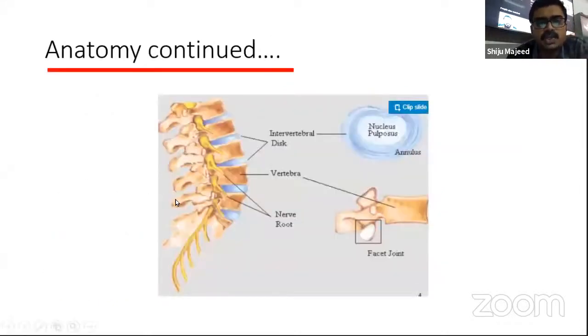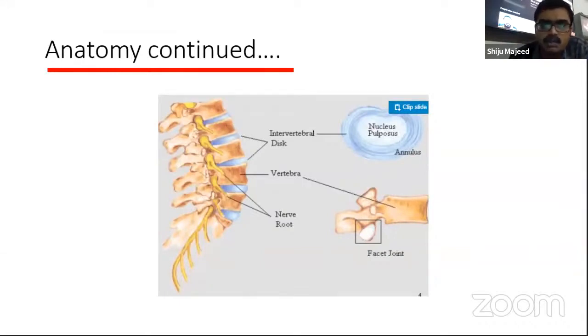Now, again, one more diagram to show. Each part is the vertebra, and in between the vertebrae there is a jelly-like material which is known as the intervertebral disc. What is the function of the intervertebral disc? It acts as a cushion or a shock absorber, because all the 33 vertebrae are in different states of motion when we walk around, when we sit, when we bend forward, when we flex, etc. You cannot have the vertebral bony structures rubbing against each other, which will be very painful. So in order to absorb the shock between two vertebrae in varying degrees of movement, there is an intervertebral